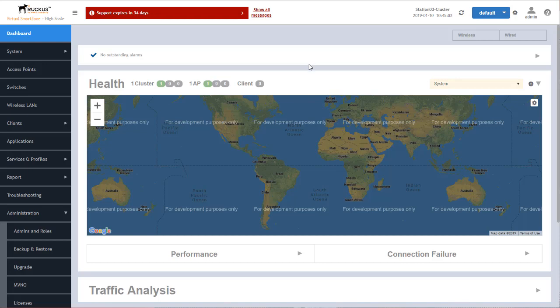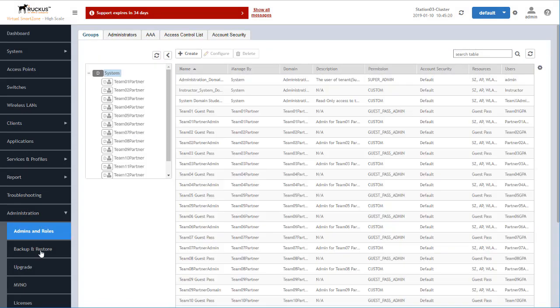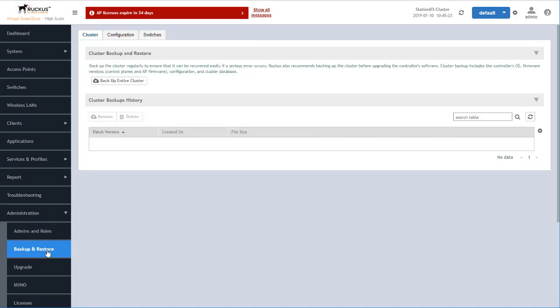Briefly, the cluster backup will back up control and data plane settings, AP firmware, and the cluster configuration, and most everything else is backed up with the configuration backup. So to do that, we go to Administration and to Backup and Restore. You'll also see with the tabs with